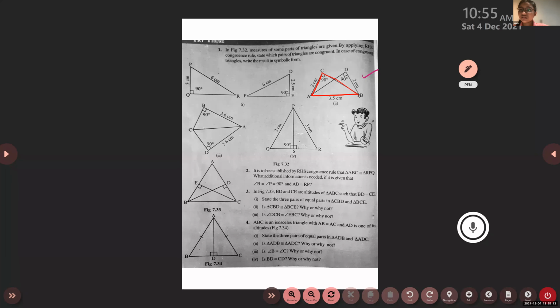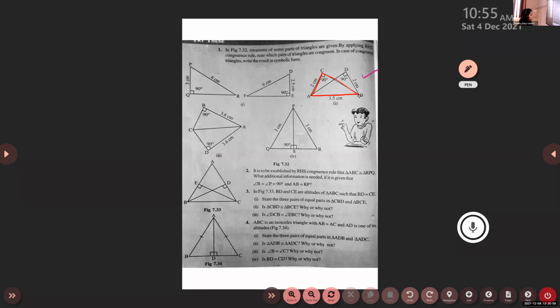Okay, then tell me the congruent parts. Adidev, tell me the congruent parts. Ma'am, 2 centimeters. No, congruent parts you have to tell me. Which are the congruent sides? Ma'am, side D and B. See, after so many exercise problems, you are representing a side using one letter. How many letters you use to represent a side? Two letters. So tell me which side it is. Ma'am, D and B.